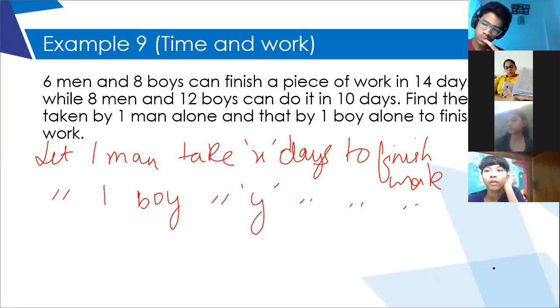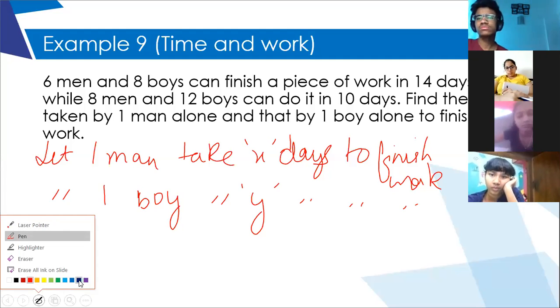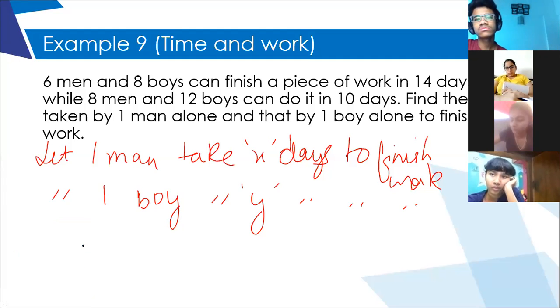Ma'am, 1 upon the total. So what was the logic? You remember part of it and something you have forgotten. So what was the logic behind it? Ma'am, the work of 6 men plus 8 boys in 1 day is 1 upon 14. So how do we reach that? I have to go step by step. Straight away I will not form the equation. Okay, I'll tell you for men. For boys, you will tell me.